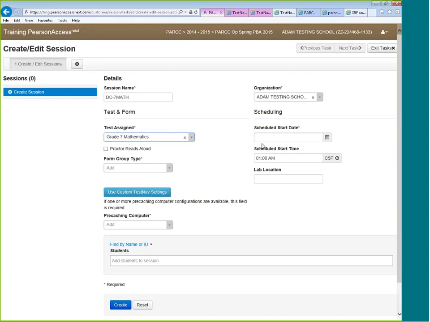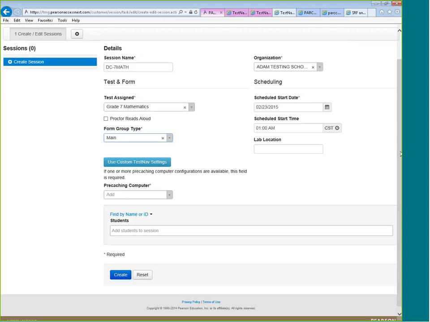I'll pick a start date of today. The time isn't important, it's not enforced. You can set it just to help scheduling, but it's not a required field, and if I set it at 7 p.m., it's still going to let me log in before that. The date is the only part that's enforced.